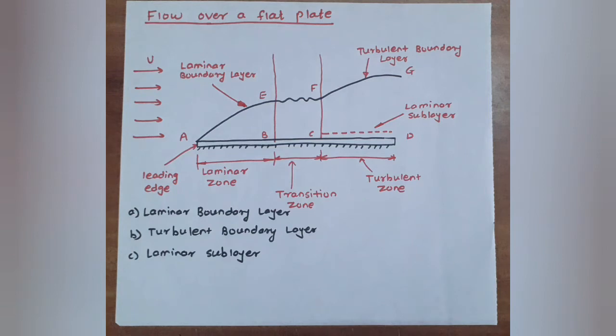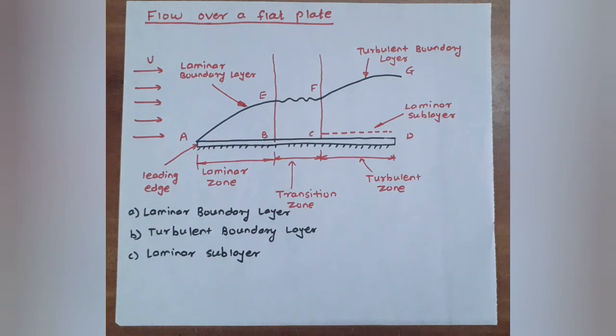plate, and the boundary layer region begins at the sharp leading edge. At subsequent points downstream of the leading edge, the boundary layer region increases because the retarded fluid is further retarded. This is also referred to as the growth of the boundary layer nearer the leading edge of the surface of the plate. Where the thickness is small, the flow in the boundary layer is laminar, though the main flow is turbulent.